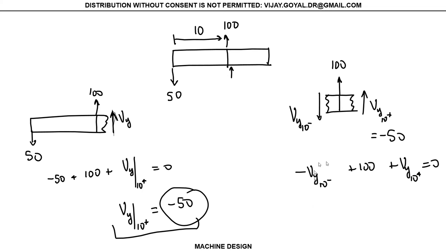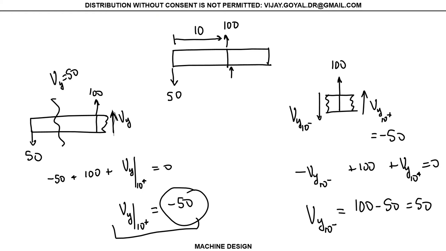So now this is what I'm interested in, Vy at 10 minus. Going to bring this on the other side, and that will give me 100 minus 50, which gives you 50. So that is the value here, and it kind of makes sense, right? If I did a small section cut here, you will see that your Vy is actually equal to 50. You can show that to yourself. There are many ways to do a section cut, and that's important for you to understand. Okay,